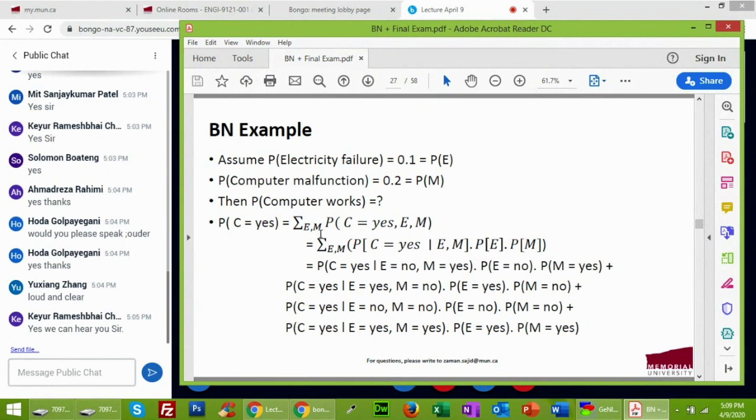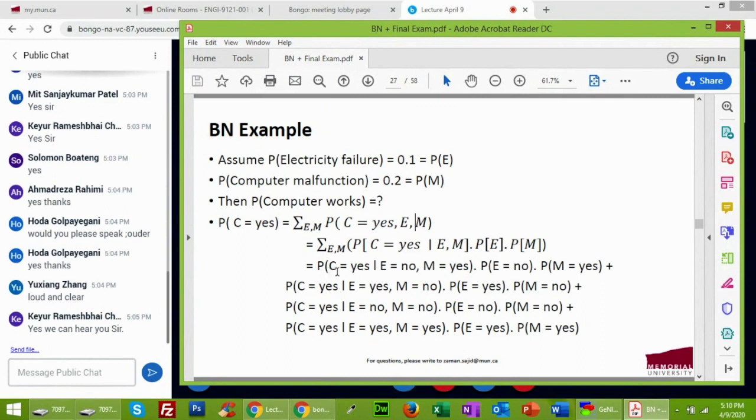Now, once you want to open this, we will only consider the possibilities where C is yes, and then we will make its combination with either success or failure of E or success or failure of M, which is the computer malfunctioning, and this will generate this network here. So what is the first one here?